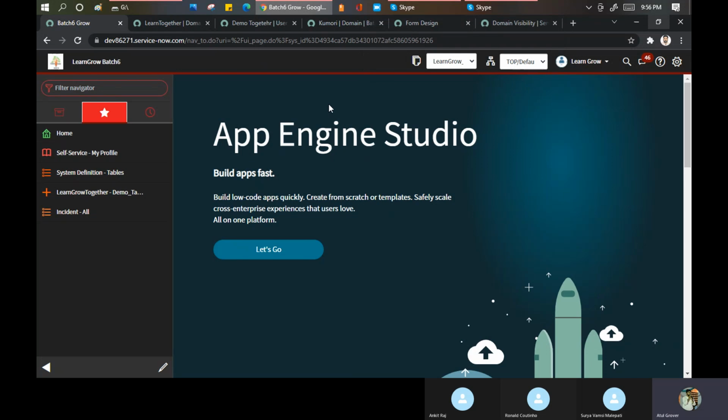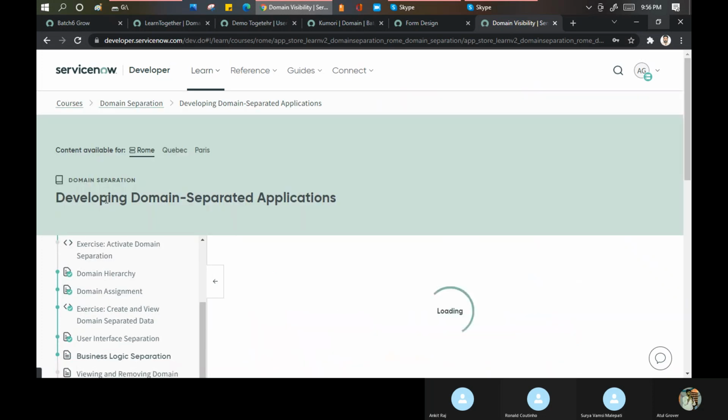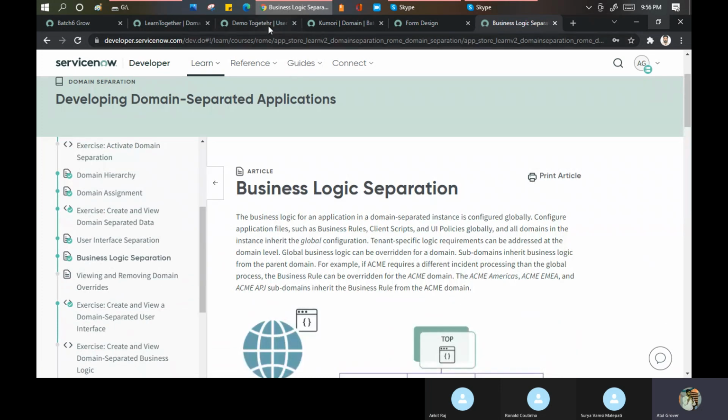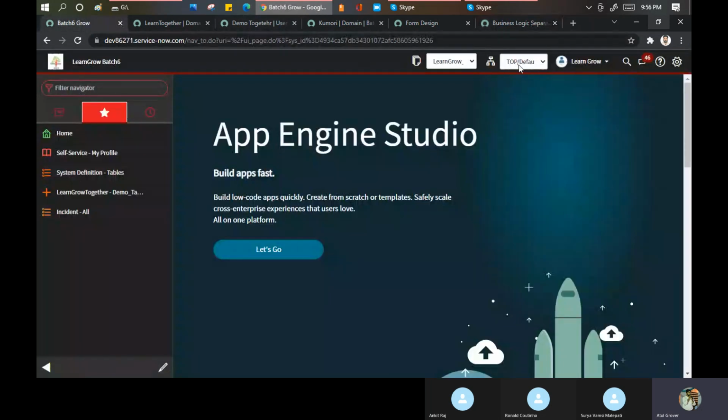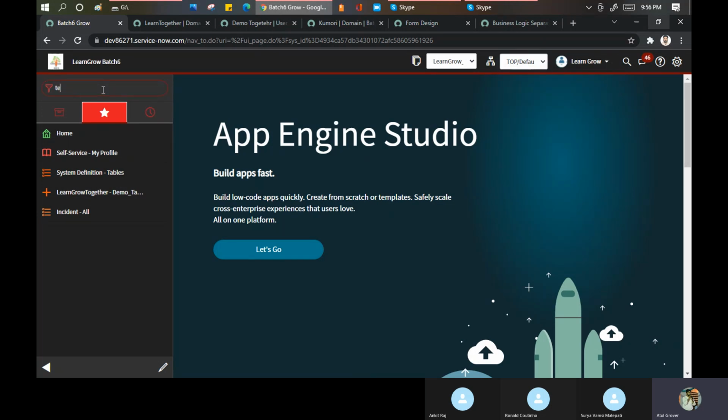Like suppose any out of the box things have to be changed, it would be applicable for all 3, or only the ones which are visible? If you change any script on the top level, it will be applied to everyone. Correct. If you want to make any modification at the domain level, then I'm not sure that I have that plugin or not. It's called tenant management.